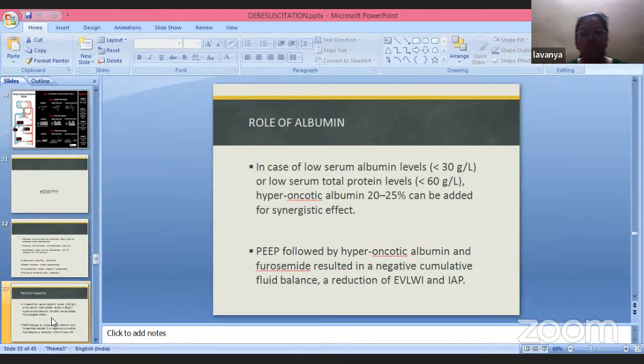So is there a role of albumin in de-resuscitation? There was this PAL approach that they have done previously. I don't know how much it is followed right now. I think sir will be able to tell me. But the PAL approach said that high PEEP at least equal to intra-abdominal pressure, followed by giving albumin, that is